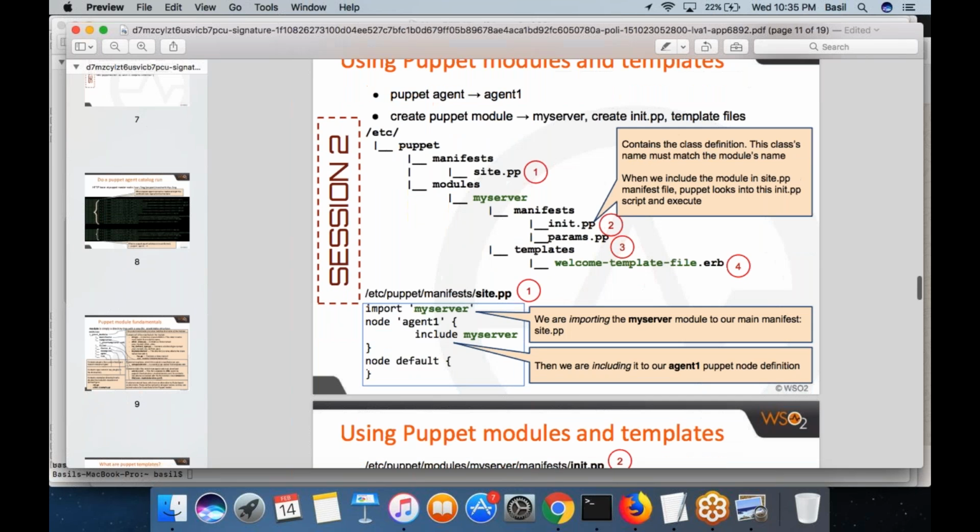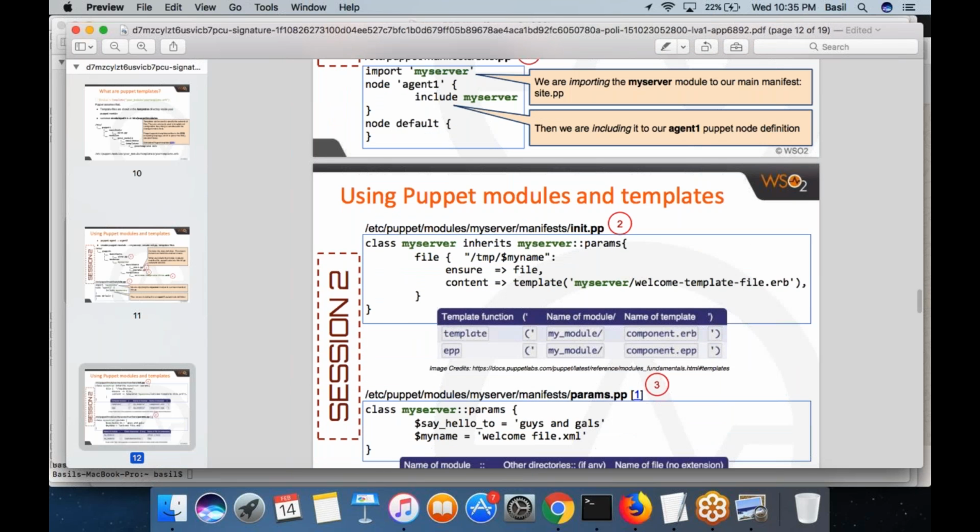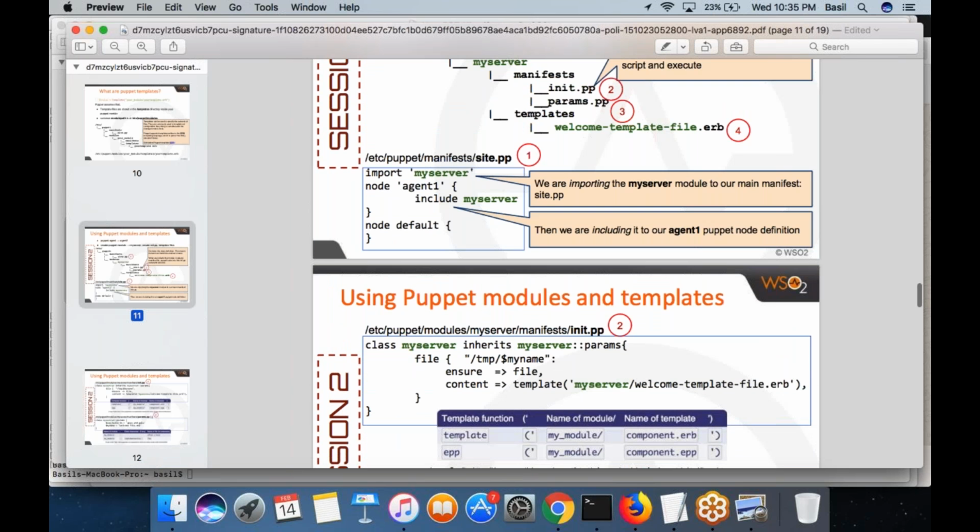Let's come down. Okay, so if you take a look at the init.pp file, which is inside the modules folder, the my server module, under manifest there is a file init.pp. So what you are going to write inside that particular file is